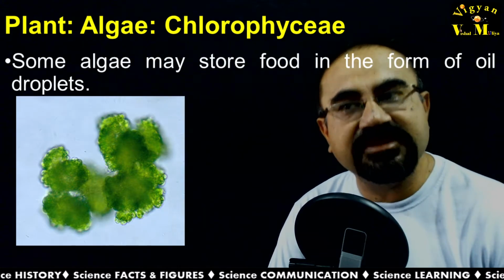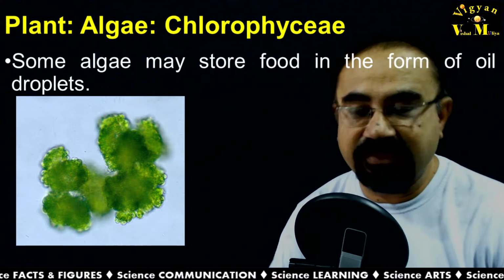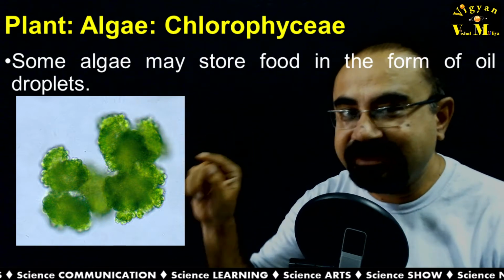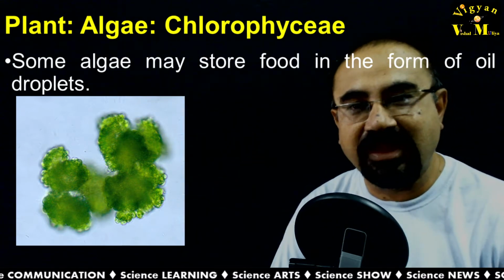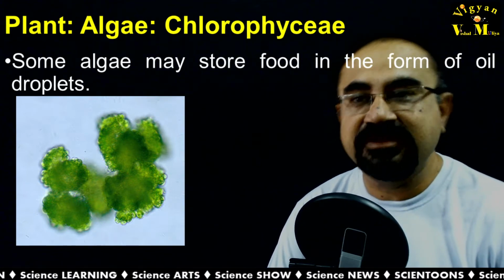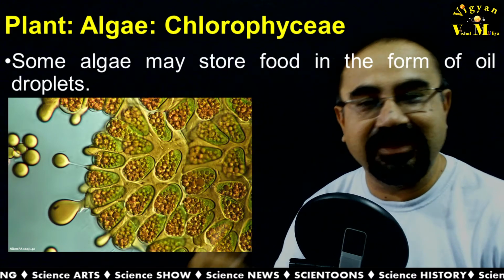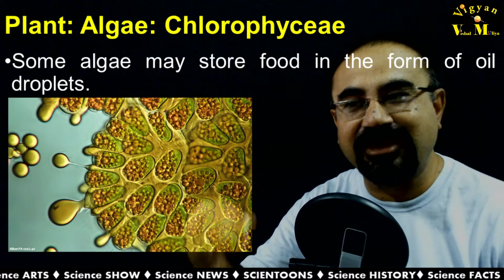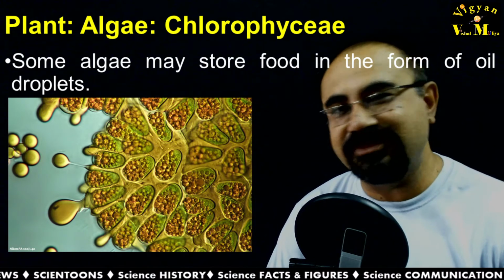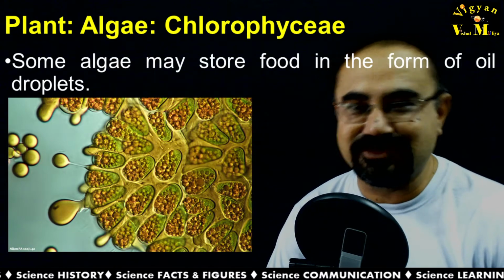Some of the algae have reserve food material in the form of oil droplets, and one can see here the presence of oil droplets in the green thallus vicinity. This is exemplified in Botryococcus, and a better version can be seen here where the oil droplets are oozing out from the thallus. So it is very interesting to find that it has reserve food material, sometimes as oil also.